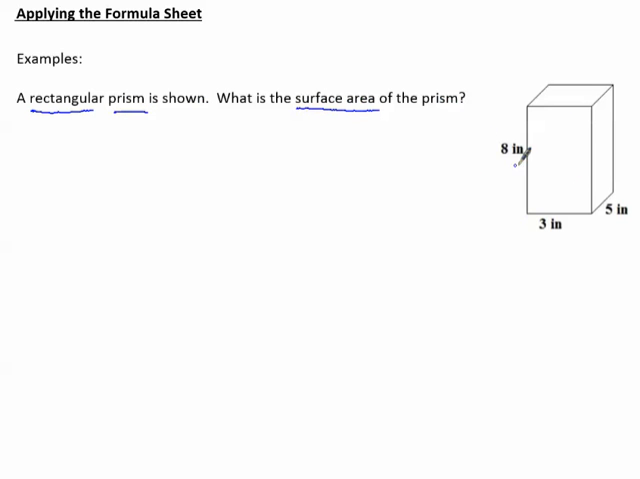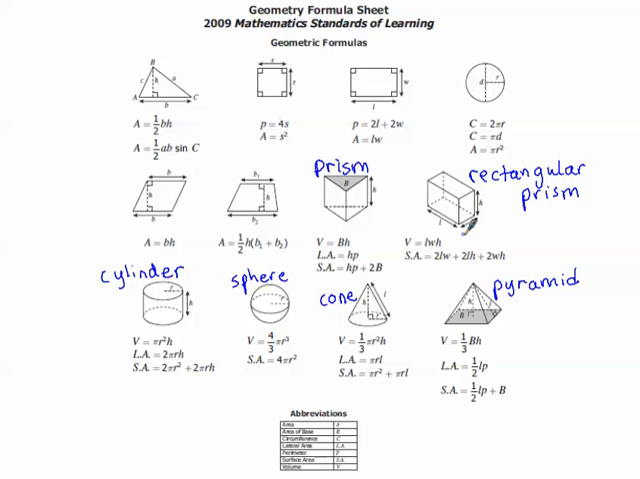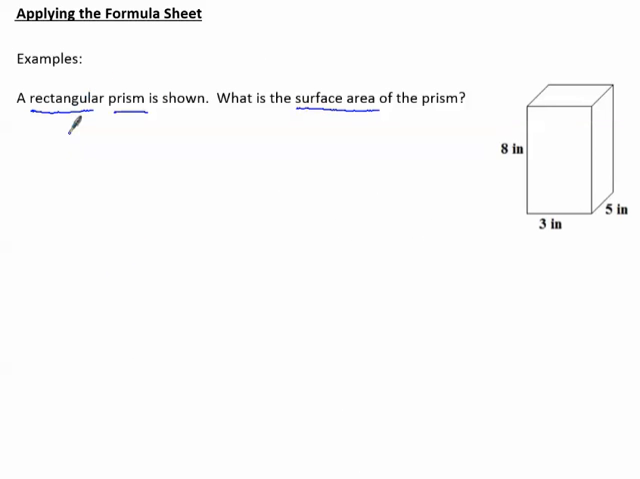So I see the picture, but they've also told me that it's called a rectangular prism. Let's take a look back at our formula sheet and recall that this is the rectangular prism. They asked for surface area, so I'm going to look at that formula. Let's go ahead and write down that formula back on our paper. So I'm going to write surface area, SA, equals, and the formula they show me on my formula sheet, 2LW